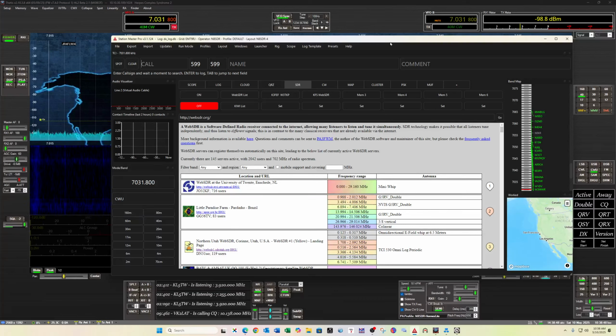As an example, let's say you're in a net and there's a few guys that you can't hear really well in the net from your location. You can open up one of the web SDR receivers, save it as a set, give it a name and save it. You can go back to that. Then if I populate this now and turn this on, this web SDR, and I go to,